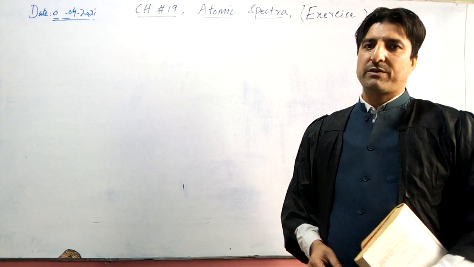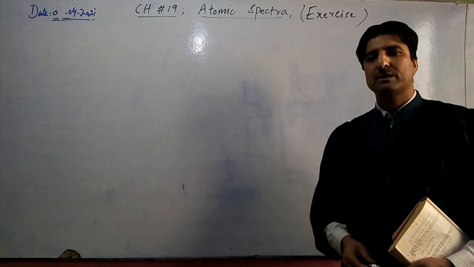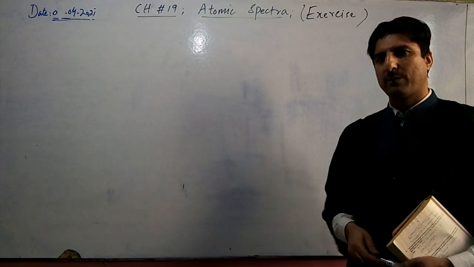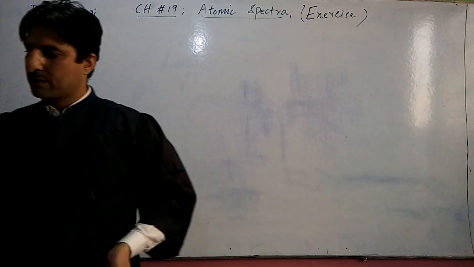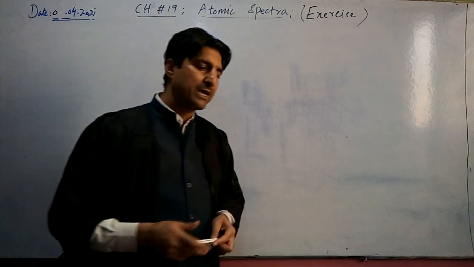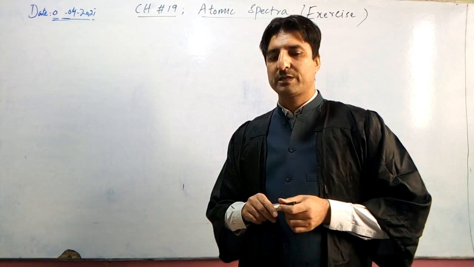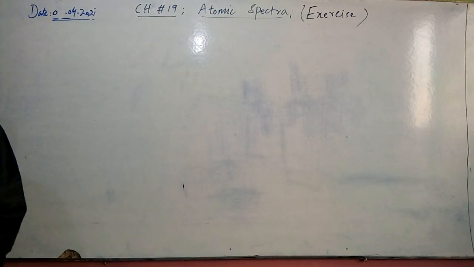In the previous lecture, we completed the theory of chapter number 19, which is about atomic spectra. So in today's lecture, we will solve the numerical problems of chapter number 19. In your smart syllabus, the first four numericals are excluded. The numericals included in your smart syllabus are numerical number 5